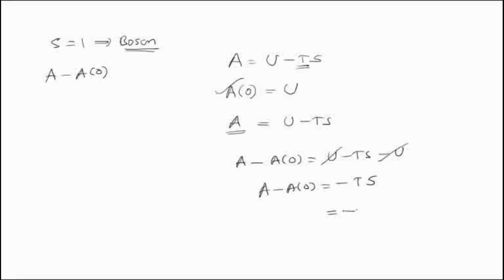Okay, and you know very well what is the formula for entropy? Entropy is equal to U by T plus NKB ln molecular partition function Q. I have given this formula, you can check. So if you multiply by T, what we'll get is